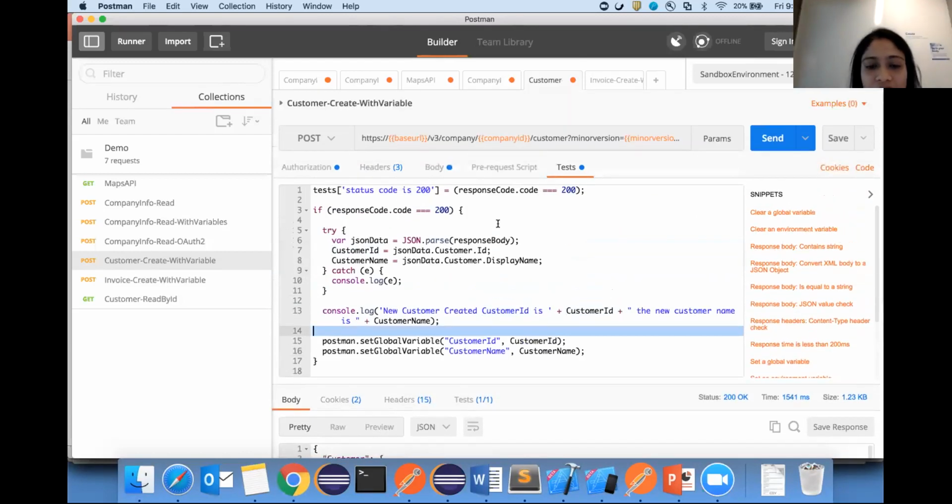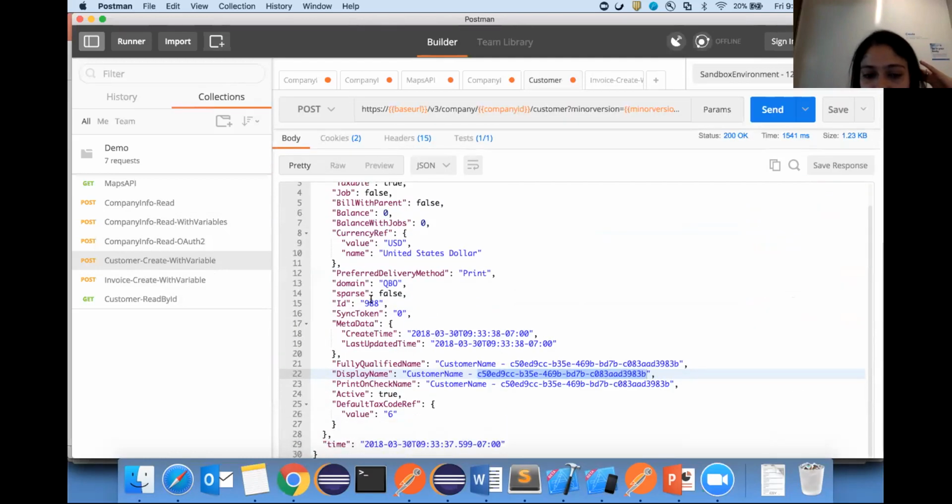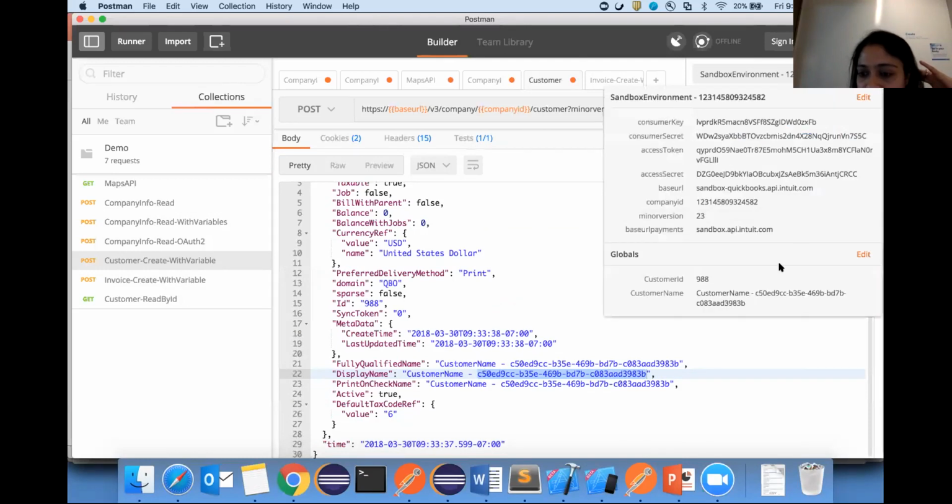A global variable is basically a variable that is available in global scope for any of your other requests to use. And once you execute this, if you click on this eye icon here, you will see there's something called globals, and the two variables that I set in my request are saved here. If you go back and look at the response, you'll see that the ID was 988 and the display name was this. It matches the value that got saved in the global variable